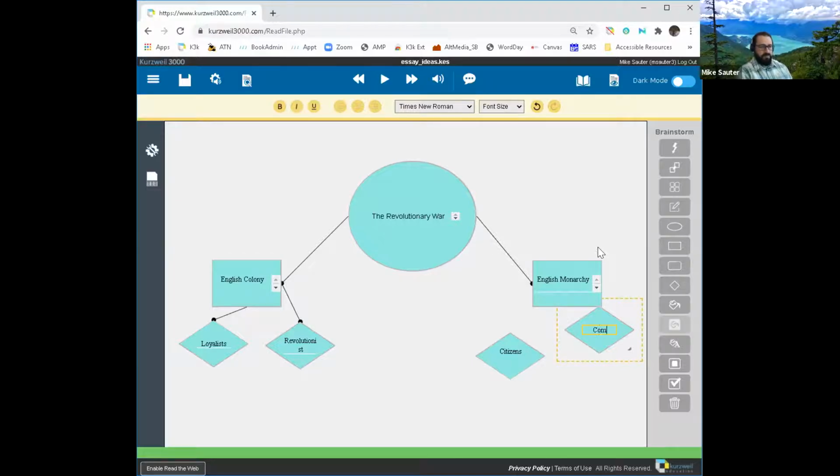This is the companies, the shipping companies, the companies that had interest, the traders that had interest in colonies. So again, I want to build that relationship. So I'm using the relationship link tool to go from top down.